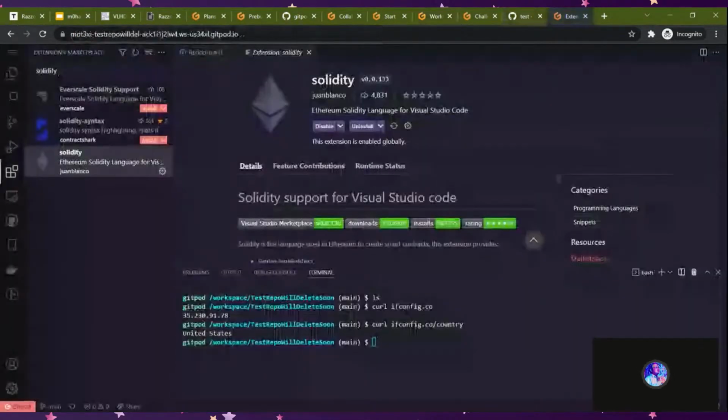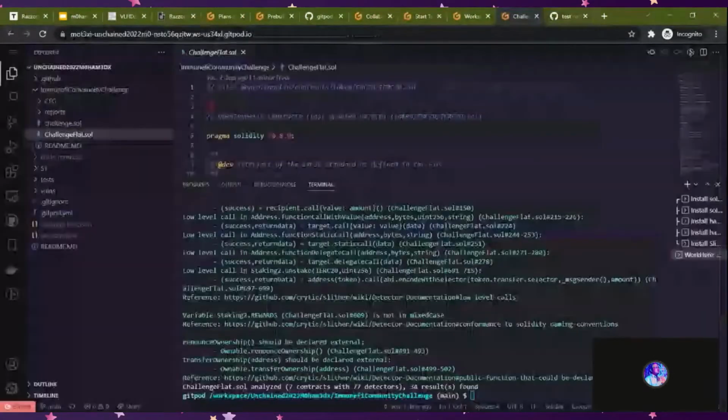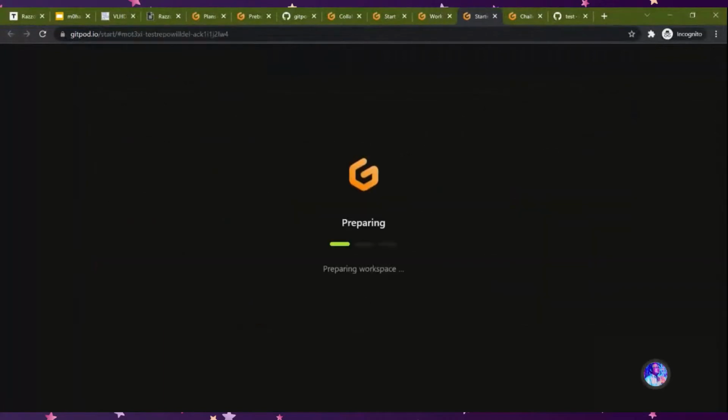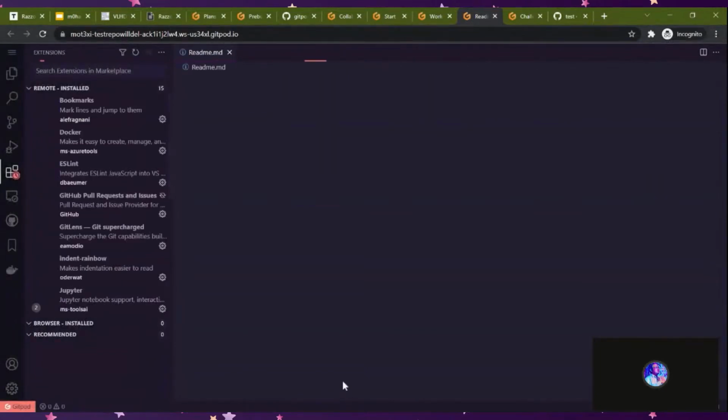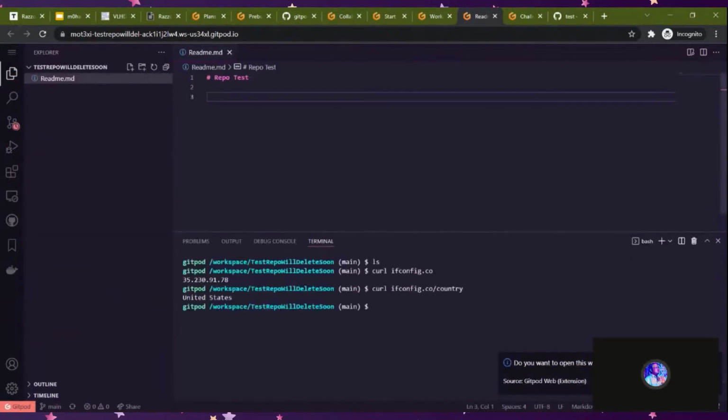For example, I'm running this and I lose it, so I just closed it. If I want to return back to what I'm doing, it's right over here. I just right click on this, I click on open, and it's going to pull, it's quite fast, as you can see, because I've not installed anything over here. And it just pulled that Docker repository, and we are back to where we are at,